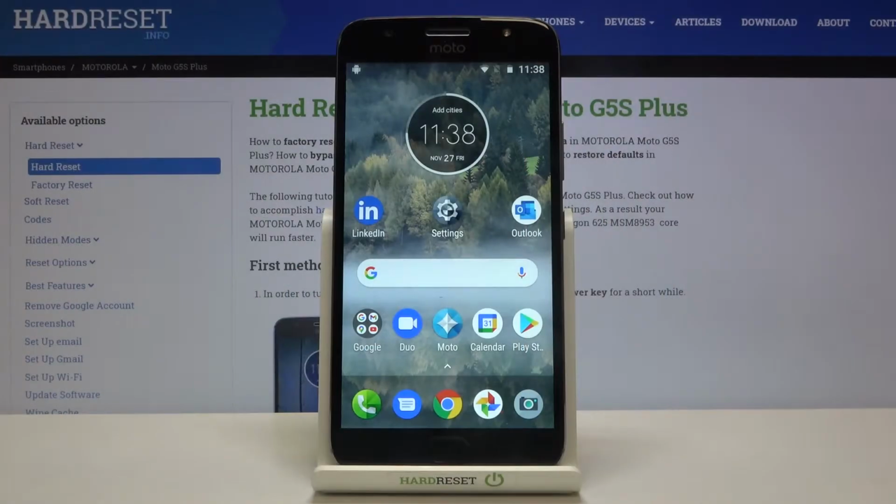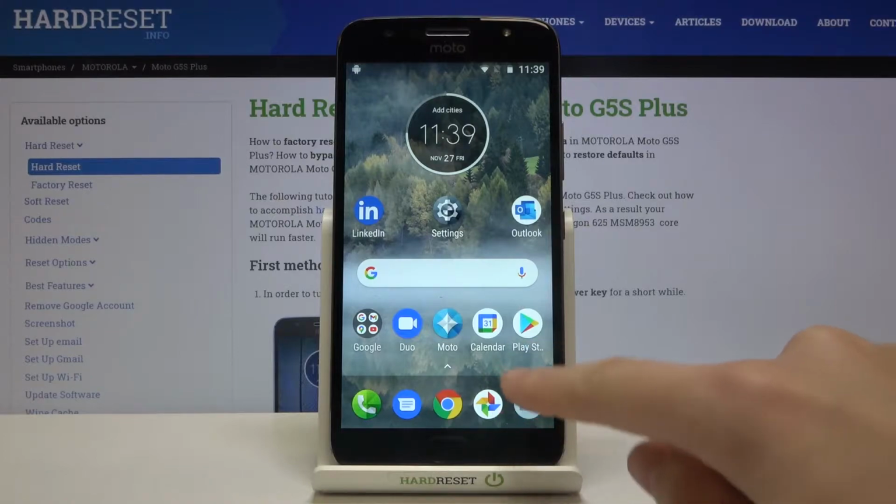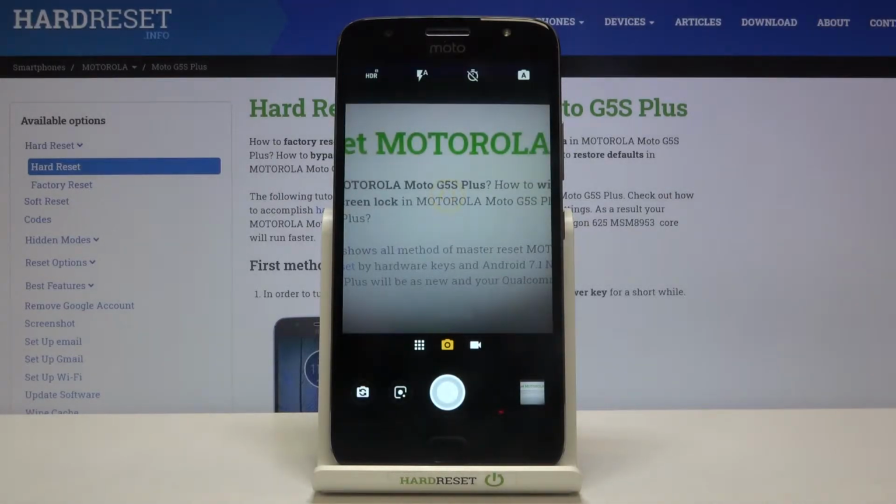Welcome, here I've got Motorola Moto G5S Plus and I'm gonna show you how to change aspect ratio in the camera app at this device. So let's start by tapping on the camera button to open it,